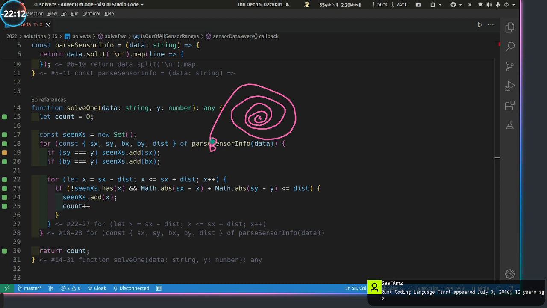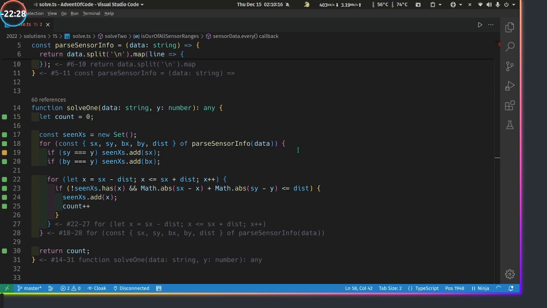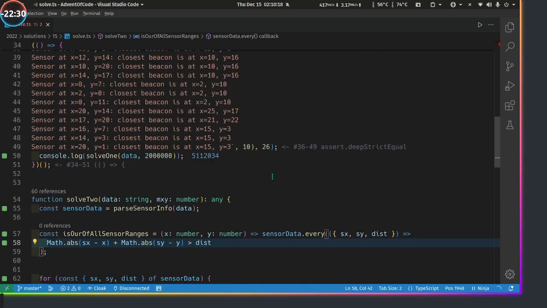Bam. B for beacon. We'll do that for all of them. And then we will have one of the horizontal lines be highlighted a different text color. So that'll be that. Then for part 2,